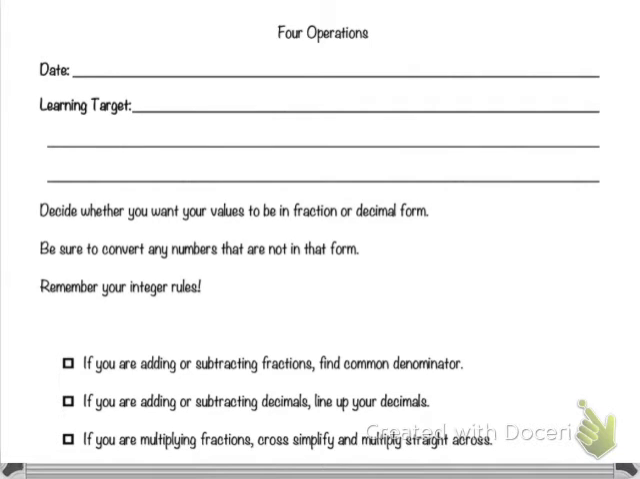Today's learning target is I can use addition, subtraction, multiplication, and division of rational numbers to solve real-world problems and interpret their solutions. So I can use